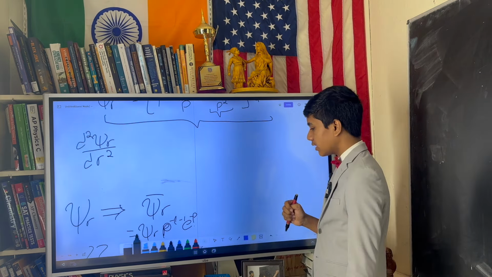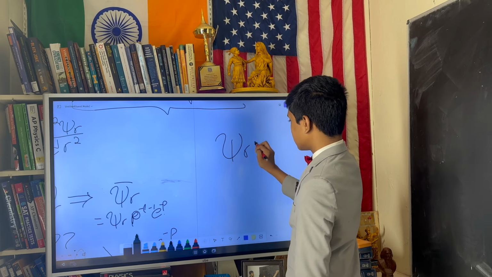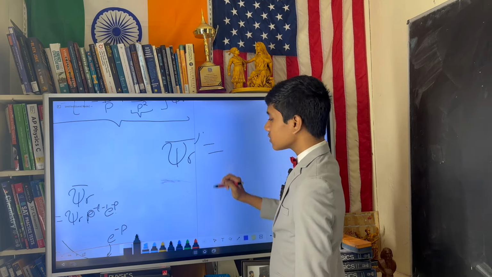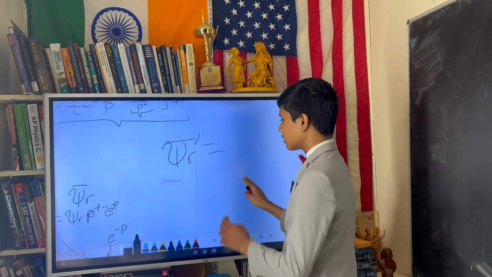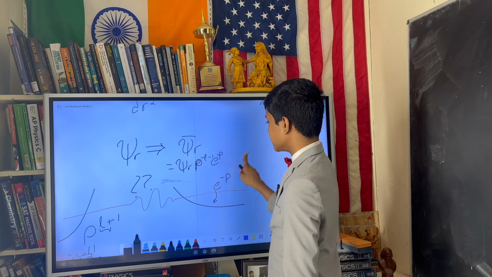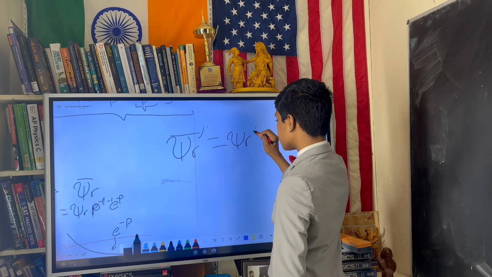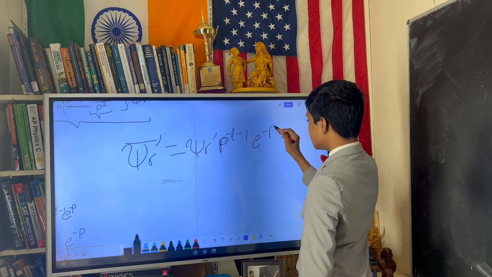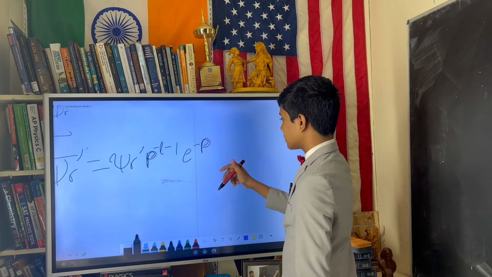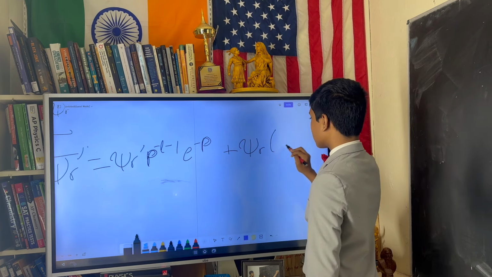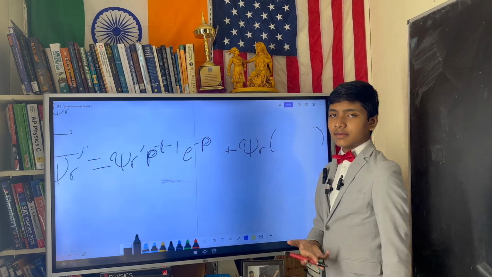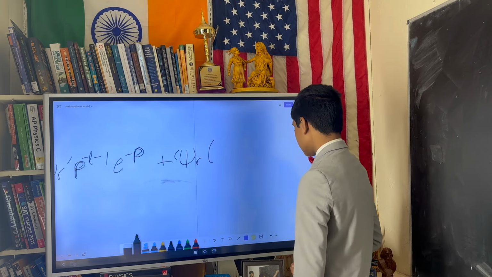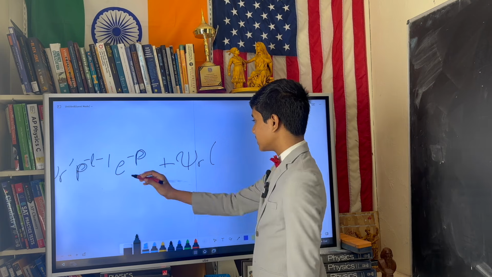So are they simpler? Well, what happens when we take the first derivative? By the product rule, we get psi r hat prime times rho to the minus L minus 1 e to the minus rho, plus psi r hat multiplied by the derivative of this, and we once again have to apply the product rule, which is going to give us, actually let's not restrict it using parentheses, this is going to be minus,